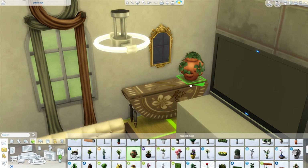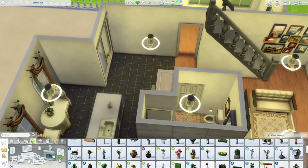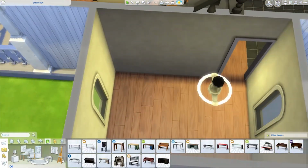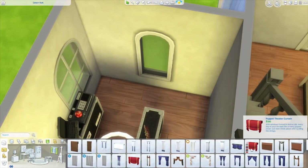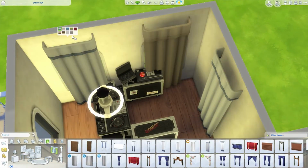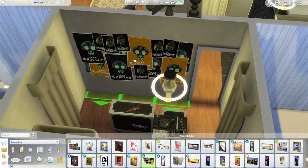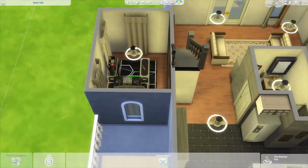I don't think I've ever used that table or that weird plant. Those are definitely new items for me. I didn't even know this bookcase existed. You have to unlock it through your career, so that's probably why. And then this is the weird little DJ room I did for whatever reason. I was just like, oh, a DJ booth, I want to put this in. I don't know what this room's gonna be. It could have been an office, but you know what? No, we're gonna DJ and put some brick on this wall, and we'll put a rug, and the room's done,